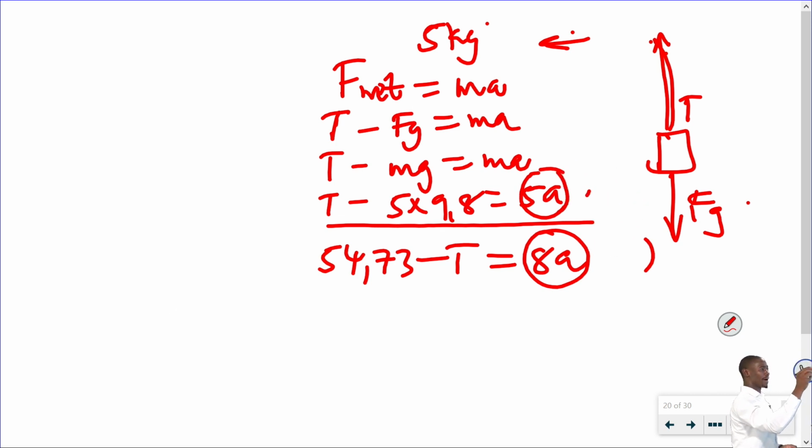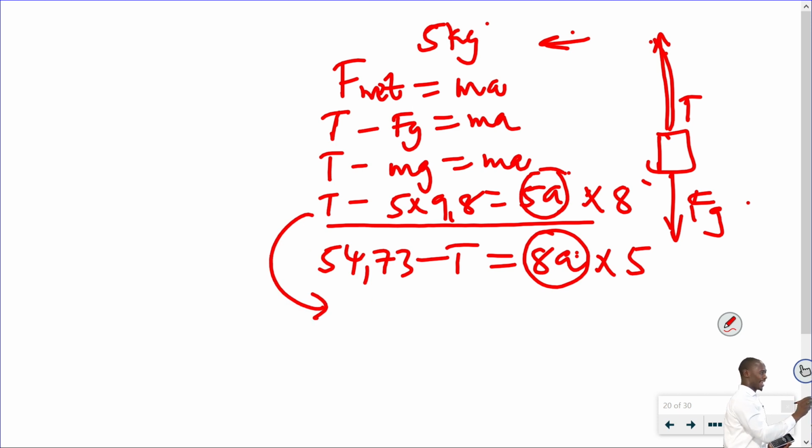Multiply this one by 8 and multiply this one by 5. If here I was having 2, and here 3, I would multiply that by 3 and this one by 2. And when I multiply, I'm not only multiplying 5a, but everything in the equation. So for this equation, I'm going to have